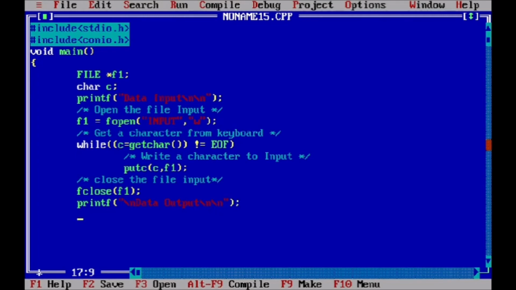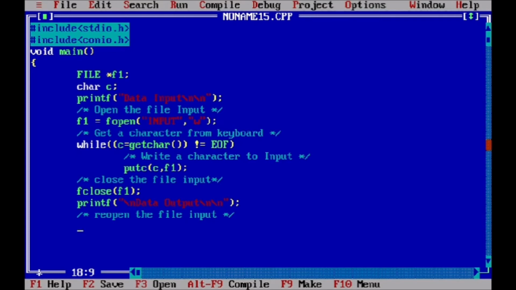For that we have to open the file again, whose name is input, so we reopen the file input.